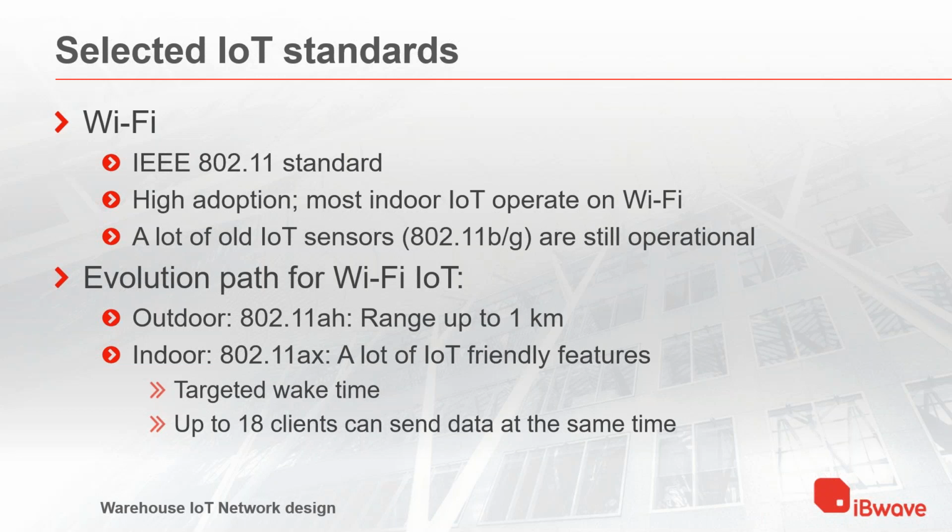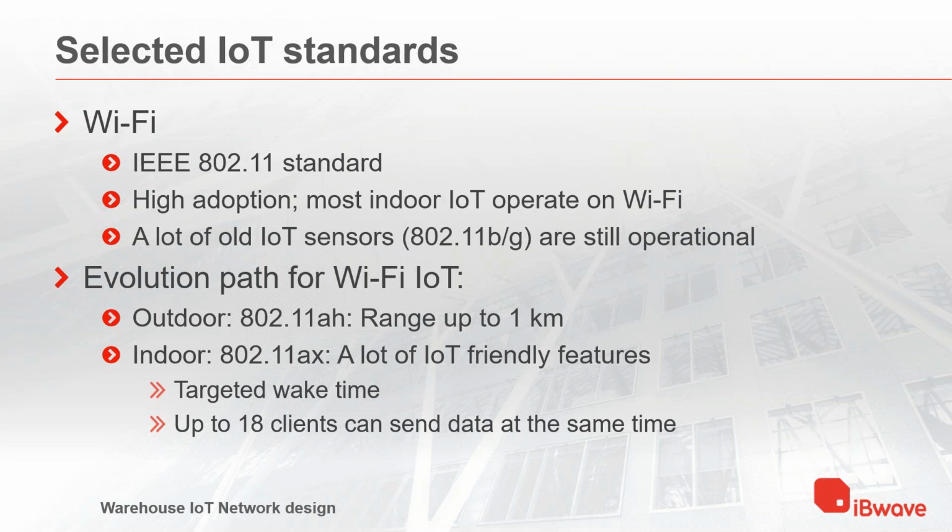802.11ah. It is also called HaLow, and it operates at 900 megahertz, which is different from what other 802.11 standards operate at. The reason it goes down to 900 megahertz is because the propagation characteristics are more favorable, and thus the range can go up to 1 kilometer. So the idea is for this standard to be used for outdoor IoT applications. On the other hand,